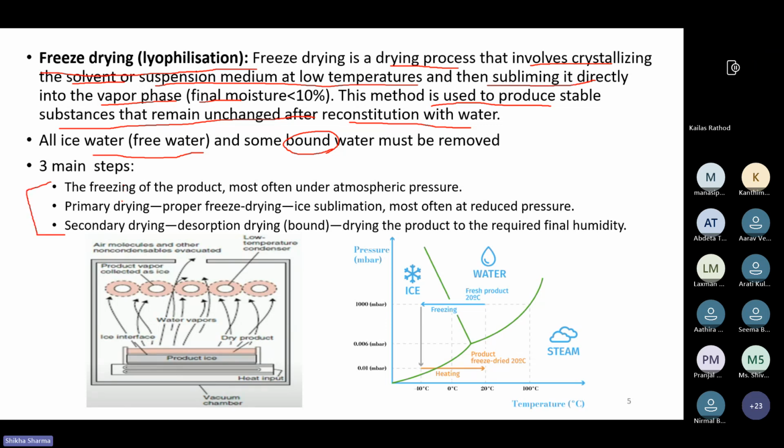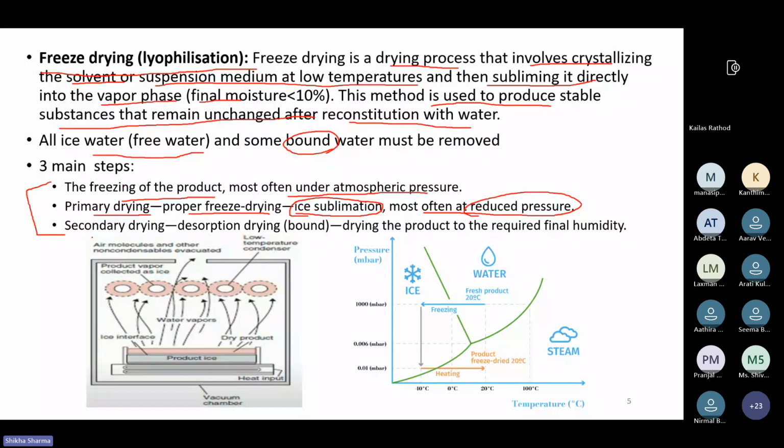The first is freezing of the product at atmospheric pressure. Then there is primary drying, in which the freeze drying happens, where ice is converted to water vapor, which means ice sublimation happens at the lower pressure or in the vacuum. In the vacuum, what happens? The boiling point of the water reduces, so it helps in the process of sublimation and faster removal of the